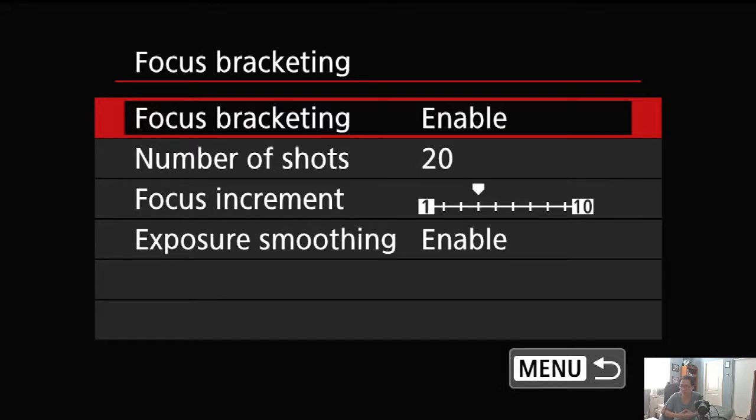The idea of this feature is that the camera is going to focus from the very closest object and go all the way to infinity. Depending on the depth of field that you have, by setting the aperture and also the distance from your camera to the object, it will affect the number of shots. Okay, the good news